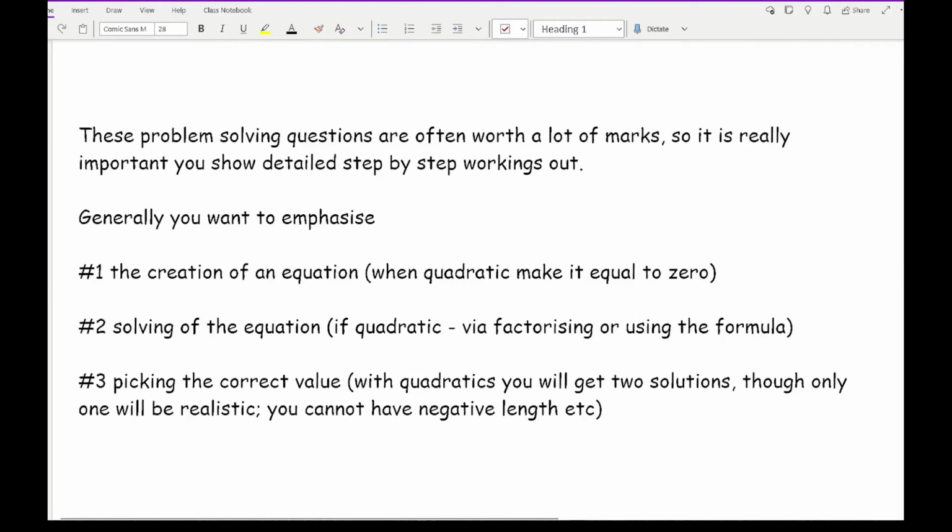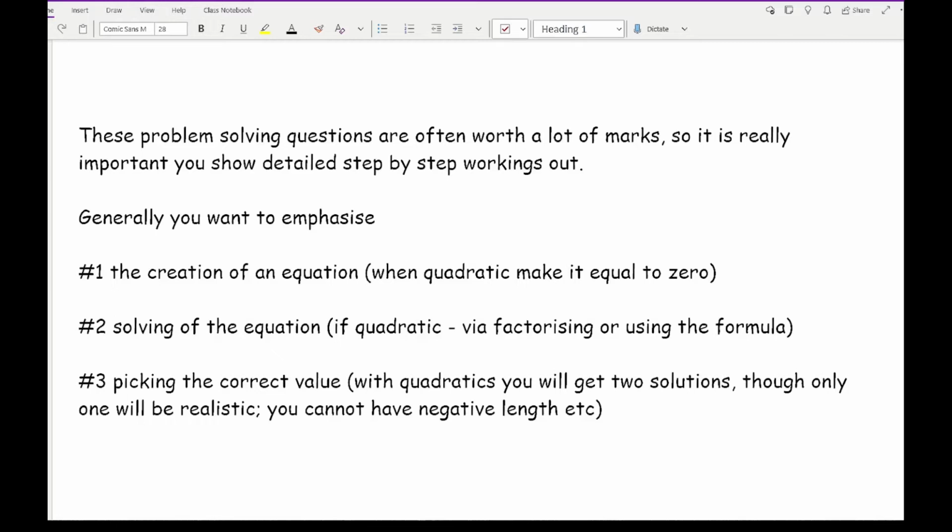Now these problem solving questions are often worth a lot of marks, like 4, 5, 6 marks, so it's really important that you show detailed step-by-step working out. Now generally you want to emphasize the following 3 points. So the first one is the creation of the equation. Now when it's a quadratic, or when you sense that the equation is becoming a quadratic, you want to end it by making it equal to 0, which is the fundamental part when you go on to solve an equation,